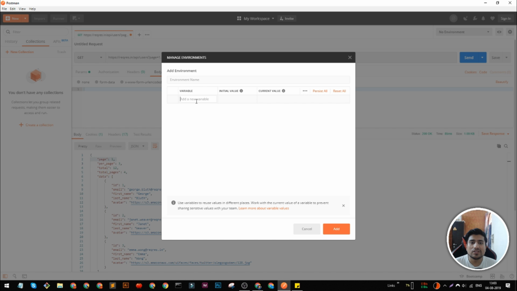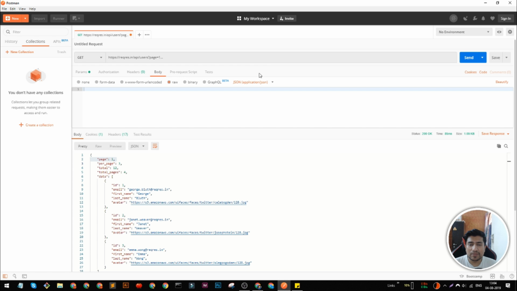For example, if you want to send a particular email ID, you can mention that email ID in this environment variable, and you can mention the password also. So it will be secure, and separate from your normal request, right? And for example, if your first request is creating a user and you're getting a user ID, you can save the user ID into the environment and use it in your next request. You can do that in Postman also, right? So this was a basic demo of Postman, and I have explained different test constraints and what API testing is and how we are doing it.